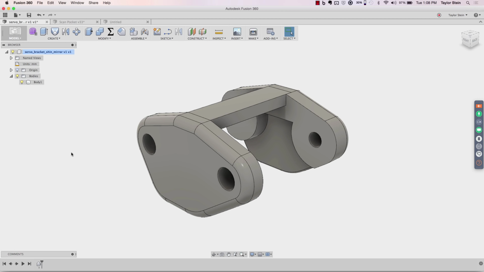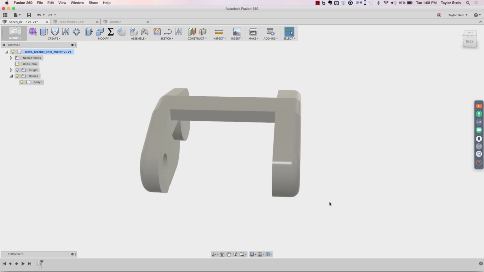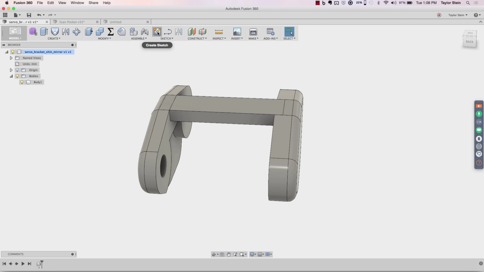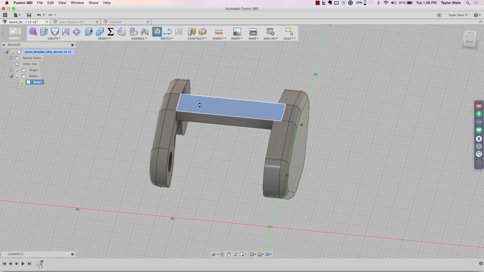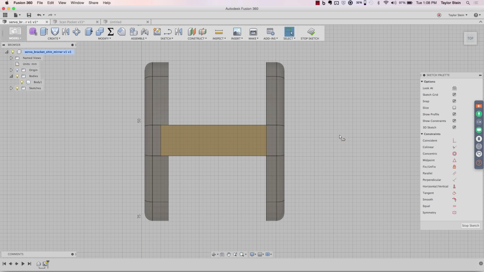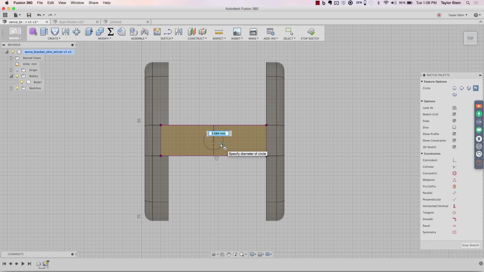What happens is everything that I've done up until this point is essentially flattened into this base feature down here. And now any subsequent features that I do will be captured in this parametric timeline at the bottom. So if I wanted to create a sketch on this existing face, I can do that. If I wanted to draw a construction line across the midpoint, I can draw that. And let's go ahead and put a circle right here in the middle, and we'll dimension it to, how about